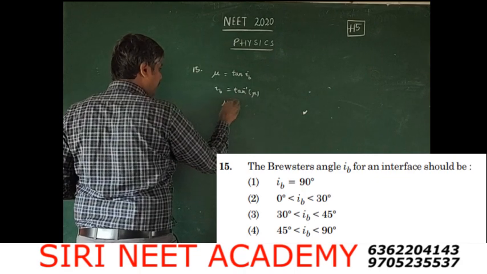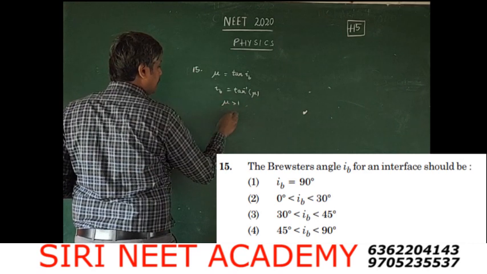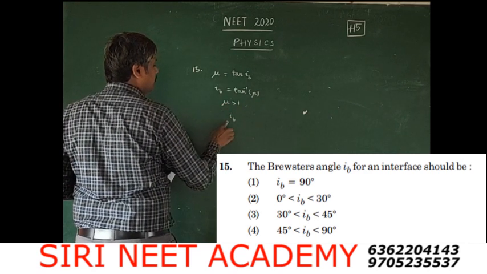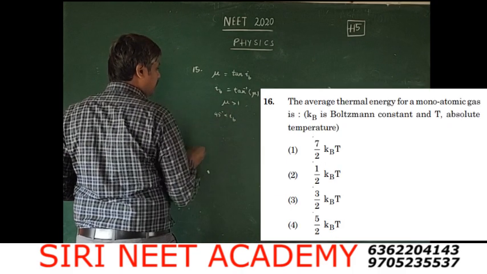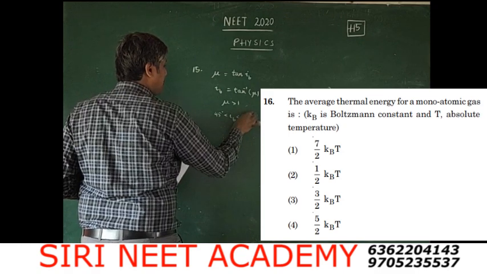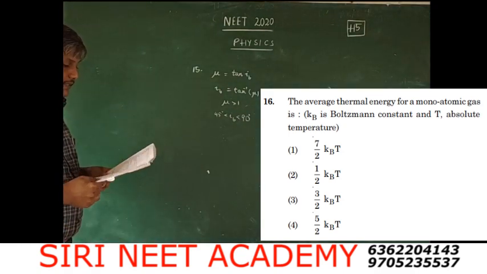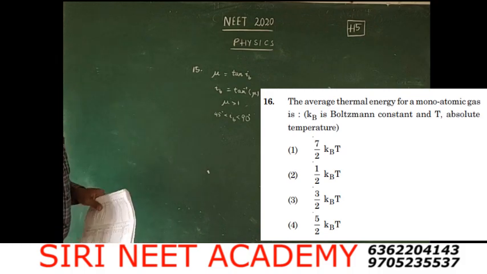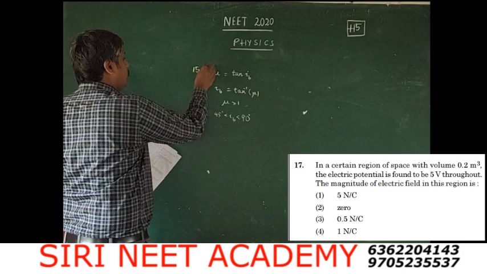Mu value should be greater than 1, so the i_B value should be greater than 45 degrees, and it is less than 90 degrees. So the option corresponding to this one will be